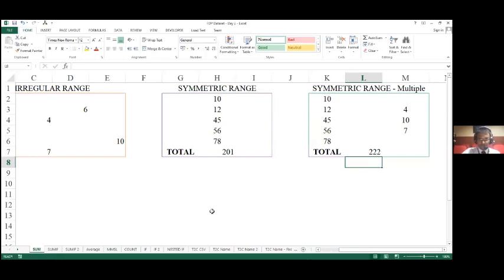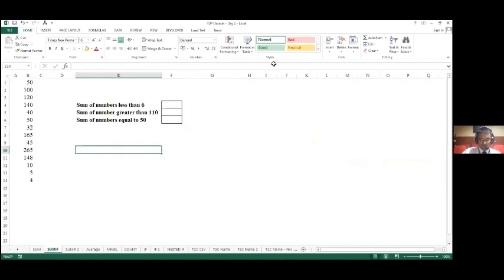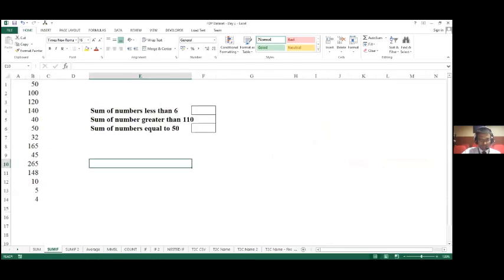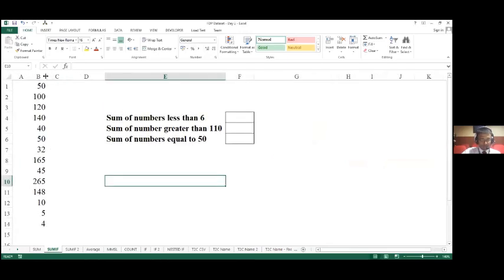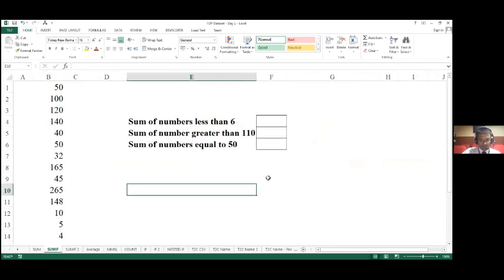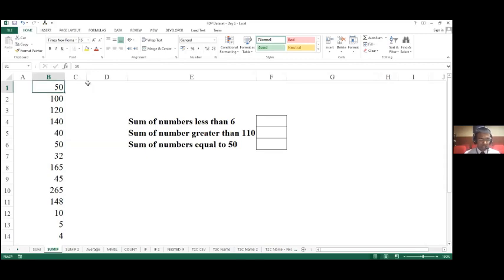For this demonstration, I want all of you to go back to Excel and scroll over to the second sheet, the sheet that says sum if. Let's go on to the next one, and I will increase the size for the benefit of the participants so that it is visible to all of you. Now here I have a set of random numbers in a symmetrical series, ranging from B1 to B14. These are random numbers.